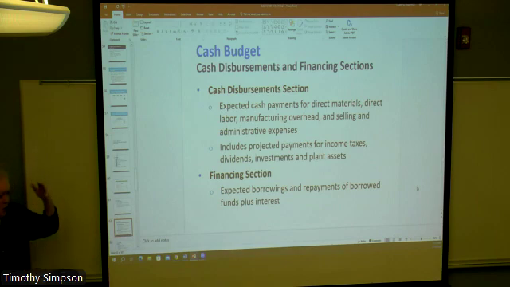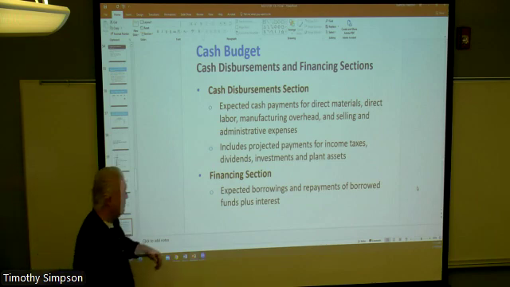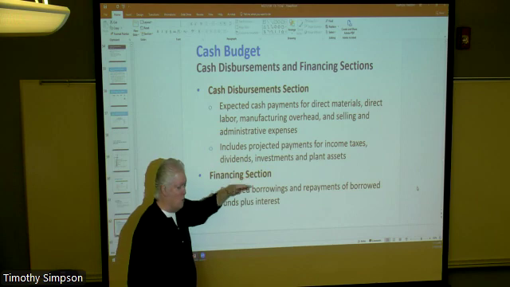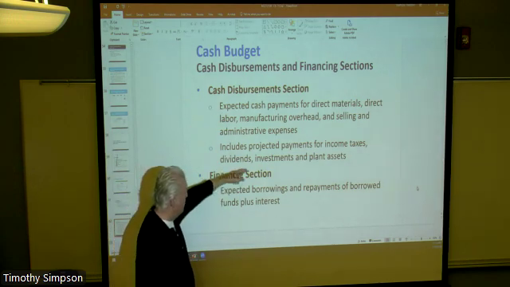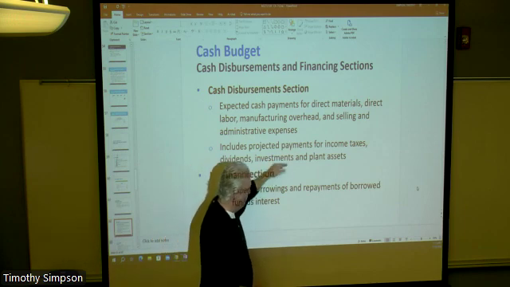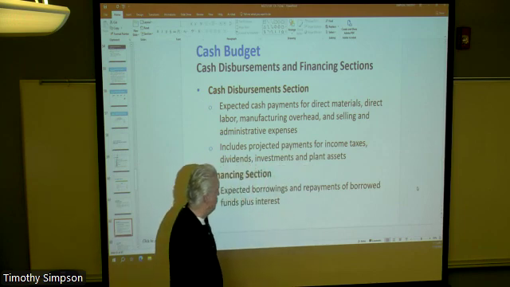If income goes up, maybe we raise our dividend; if income goes down, maybe we cut our dividend. But the actual accounting transaction is a distribution of capital. And a distribution of capital means a distribution of cash. So it's a disbursement of cash. And any investments we may make in assets and whatnot, those are all